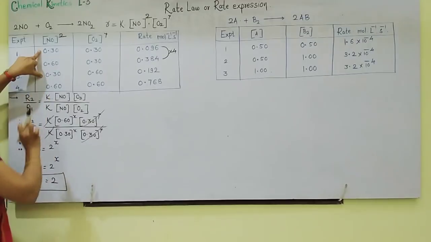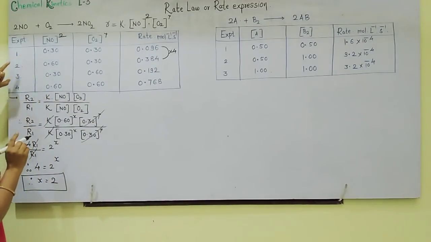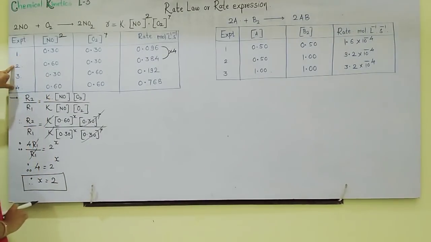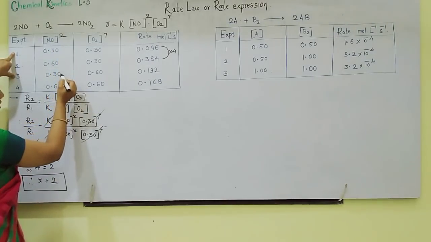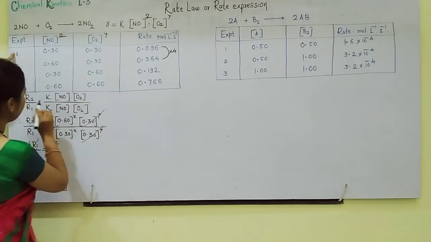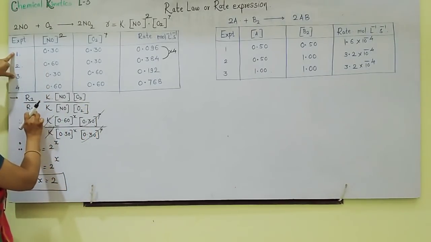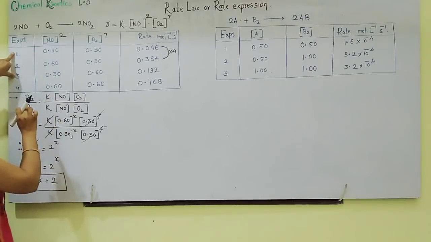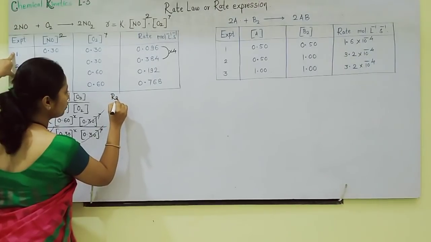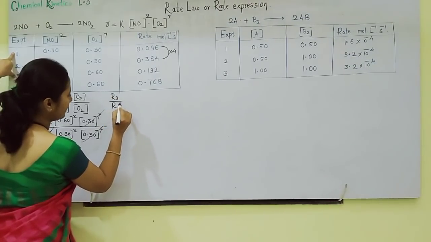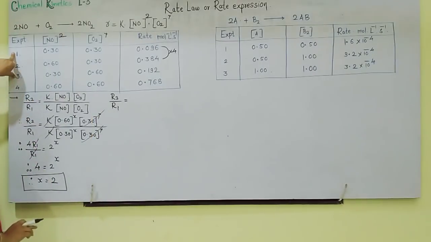Is it constant? 0.30, 0.30, or you can also take experiment second and fourth. It is also constant. You can take any. I am taking experiment 1, experiment 3, because here I want NO constant. See here, what shall I write? Here I was writing R2 and R1 because I was comparing experiments first and second. Now I am comparing first and third. So I am writing, students, try to understand exactly, R3 and R1. Okay, third experiment, first experiment I am